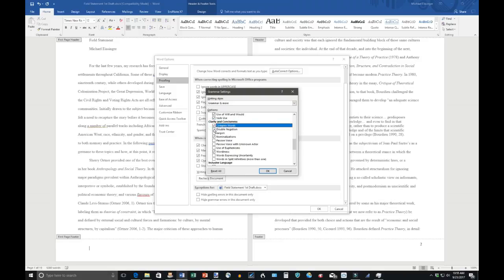Even here, you see I have some that are turned off. I'm going to turn these all on because I want all of these to be flagged when I'm writing, because these are all common stylistic and grammatical things that we want to focus on. Definitely turn on contractions. We want to use very formal language. I want it to be flagged if I'm too informal. I want slang flagged. Essentially, 90% of what we are looking for is right here in